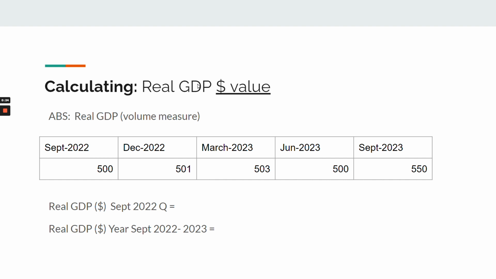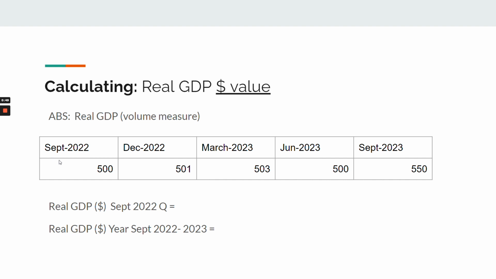Now in this video, we're going to look at calculating real GDP. I've got some hypothetical data here because I made it up. But the ABS releases real GDP data each quarter. A quarter is 3 months, and it would not look too dissimilar to this if you were asked to calculate using real data. Now, we're going to do a calculation of real GDP value and real GDP growth over a